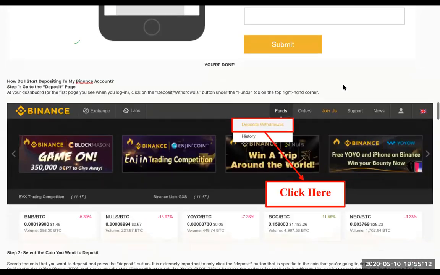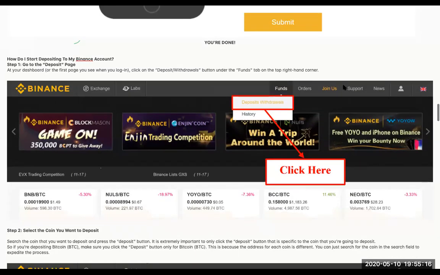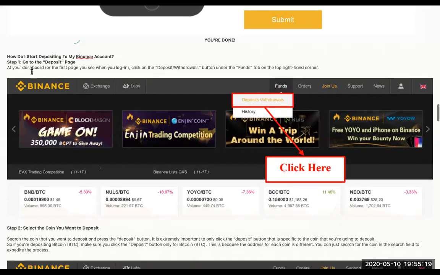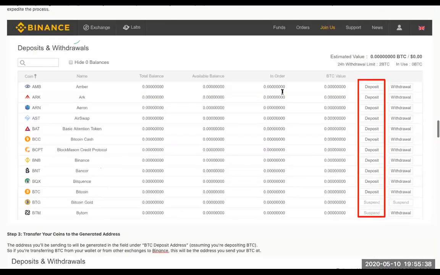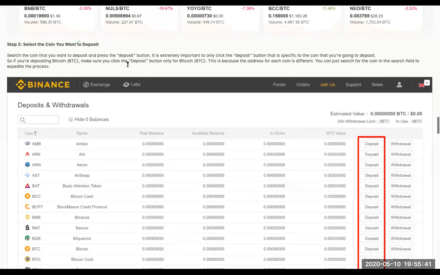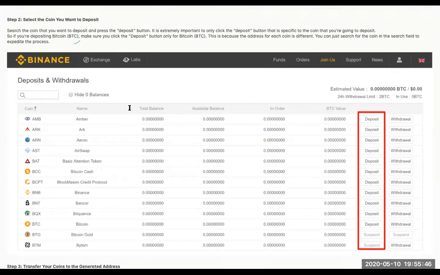So how do you deposit your cryptocurrency to your Binance account? First of all, you go to the deposit page. It means now you are inside your Binance account. You will go to deposit or withdrawals, or sometimes it is written wallets. Then you click deposit or withdrawals. After that, you select the coin you want to deposit. So which coin do you want to deposit? For our trading